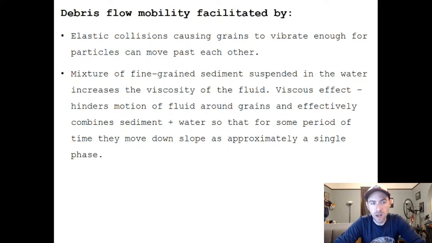And what that does is it makes it so that the water can't escape the system or segregate in the sediment, so it can cause the whole thing to move as one single fluid phase of sediment and water all together, and houses and trees and cars and whatever else comes in its path. Okay,